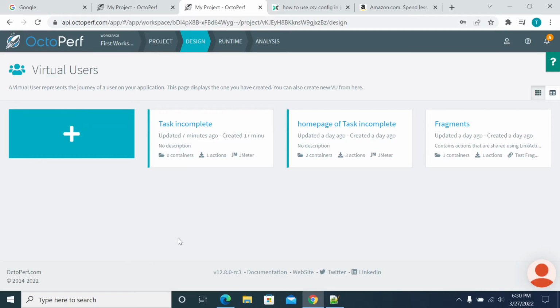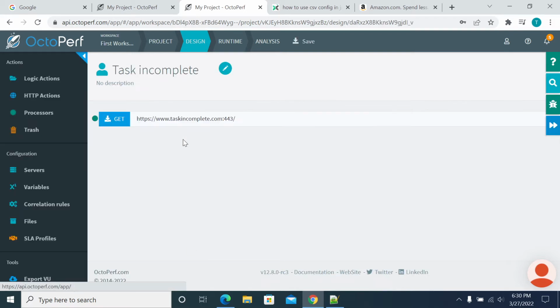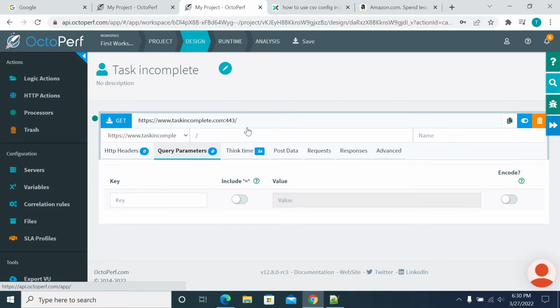Hi everyone. In this video, we'll see how to enable follow redirection and how to enable the download resource feature, or dependency file, from your script in OctoPerf. So, just as an example, I have created a simple home page call with a GET request, which is a staff and update website. So now, if you go to the